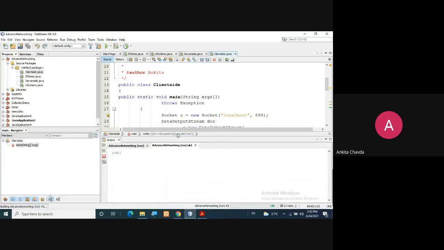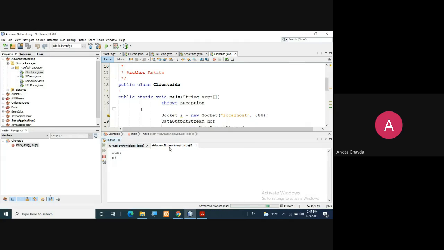Then I'll run the client here. So it is written here, connection is established. Once I have started the server, the server is ready to listen, and then I run the client. The server has accepted your request, and now you can send any message here.